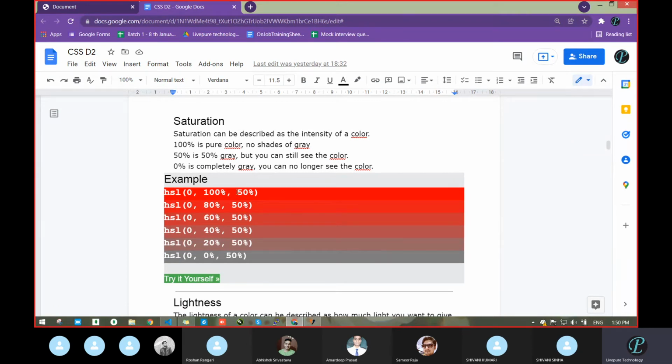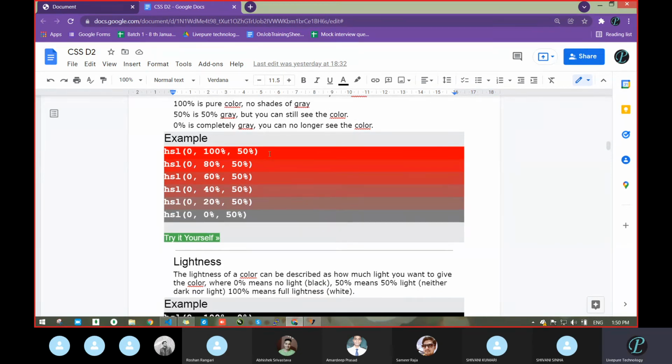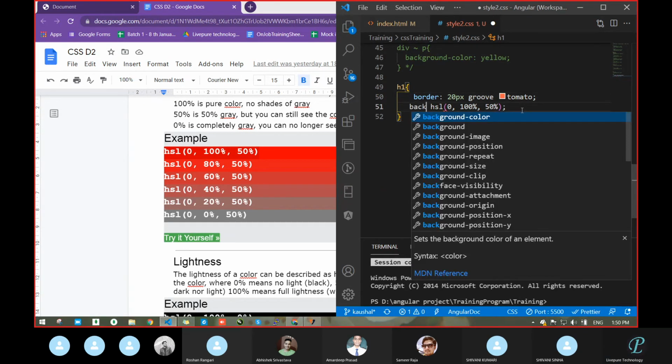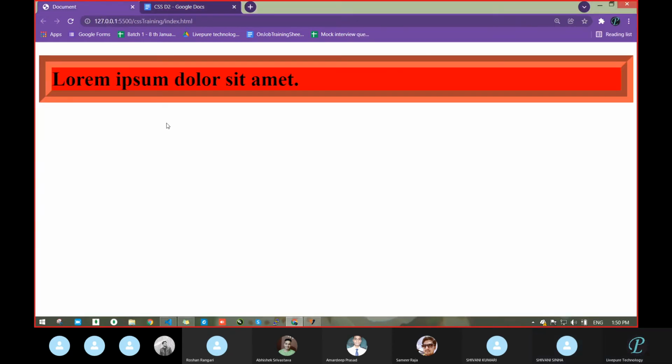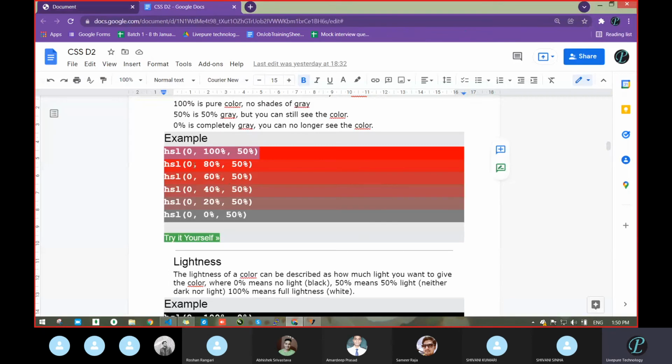Saturation means this color property itself gets toned down like that. If you want, you can take this. I will take this and let's verify. Background color, this one. Sorry, I removed that property itself. So it becomes red. Now when you pass different saturation, 0, 80% and 50%, there are different colors.